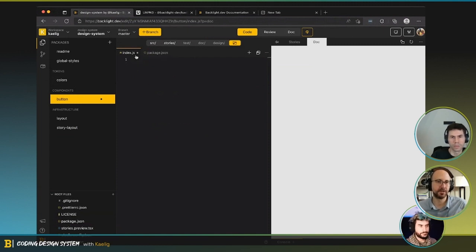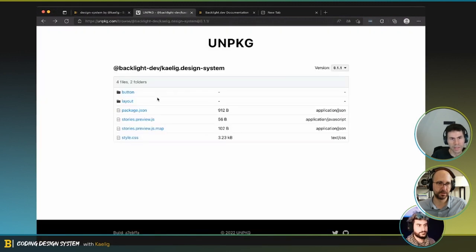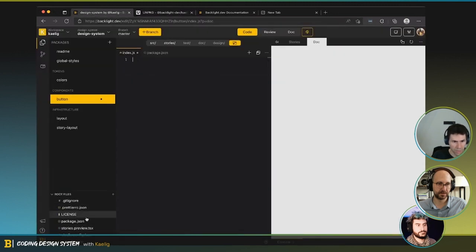Yeah. So let's go back to here. Actually, you can create an index.js here. Those are the root files. So if here I create an index.js, you can create and export exactly what you want.